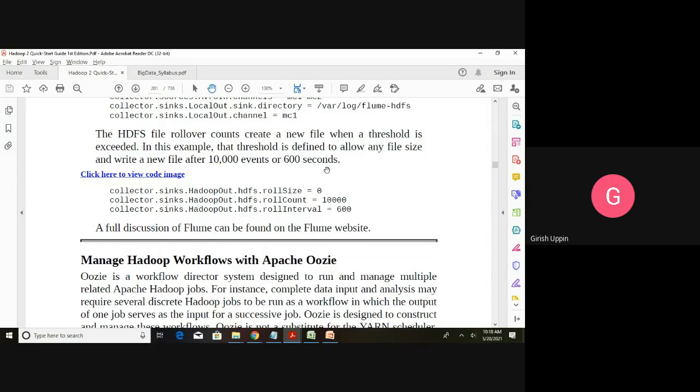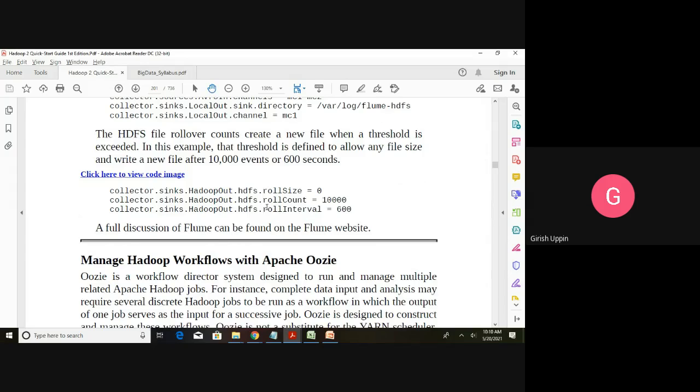In this example, the threshold is defined to allow any file size and write a new file after 10,000 events or 600 seconds, whichever happens first. Then it automatically creates a new file and starts writing into that new file.